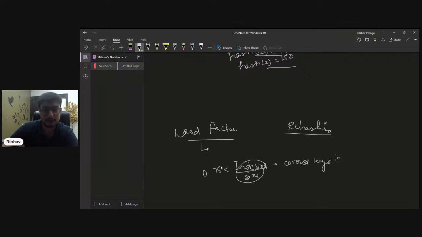This is a threshold that Java internally used to follow before Java 7. So we keep this ratio less than 0.75, and we'll also be keeping it less than 0.7 in our code. Now, what is rehashing? There might come a point where the number of indexes that have keys becomes greater than 0.75 times the size. In that case, we increase the size of the array list in which we are storing the hash map to twice the size. Then the load factor becomes less than 0.75.